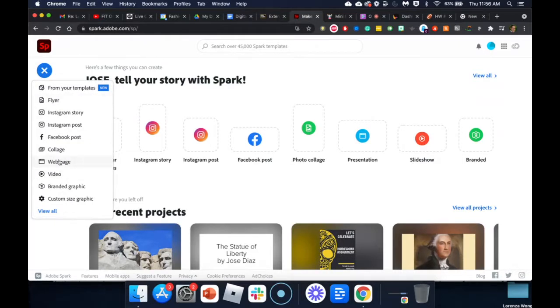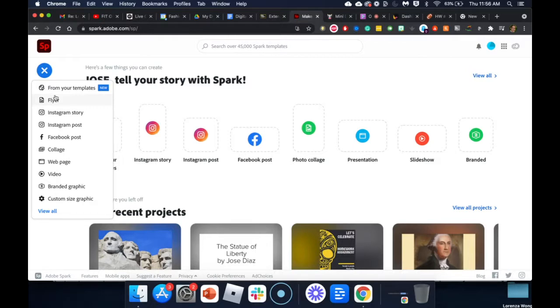Adobe Spark is basically three-pronged. I like to call it the little brother of Photoshop, Dreamweaver, and Premiere without the learning curve. This is the whole purpose of the assignment: to remove the steep learning curve from those top Adobe products, which are very hard to learn. You're not going to learn them overnight. Photoshop is not that straightforward, Adobe Premiere is not that straightforward, and neither is Dreamweaver. So this is why Adobe created the smaller brother of Photoshop, Premiere, and Dreamweaver, so that there is no